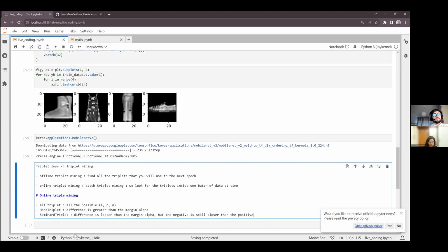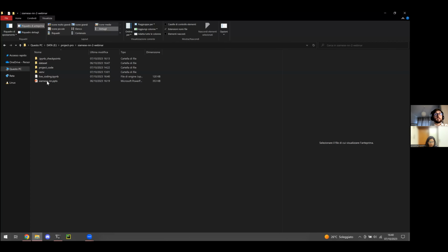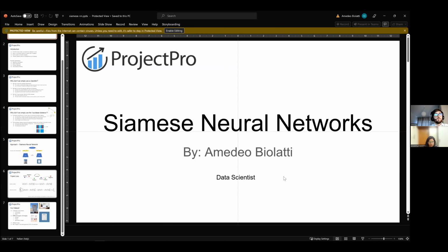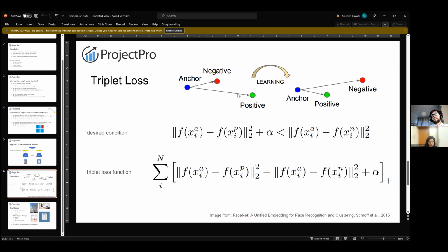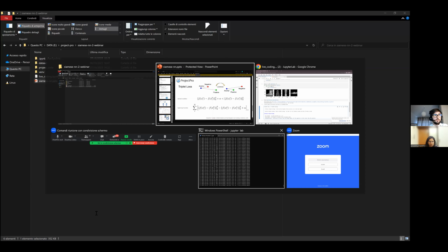I can maybe take the slide again for a moment so that we can understand a bit better with the formula what this means. Again, we want the positive to be closer than the negative. The hard and semi-hard cases are all the cases where this condition is not respected. Oh, no, sorry. The hard negatives are the cases where this is true, the semi-hard are the cases where it's not. Sorry, I need to correct that difference.